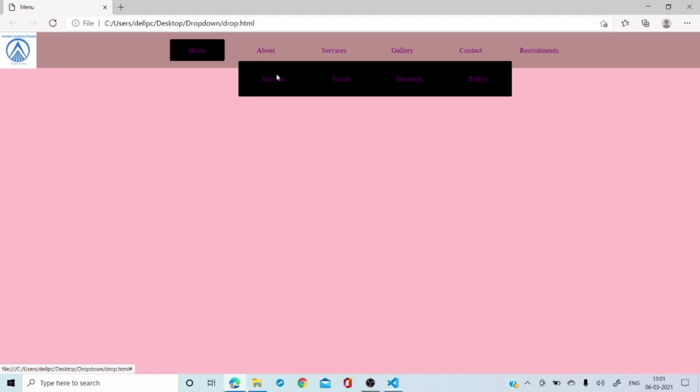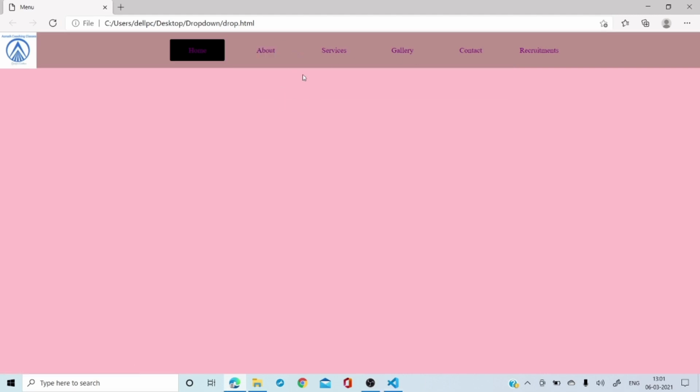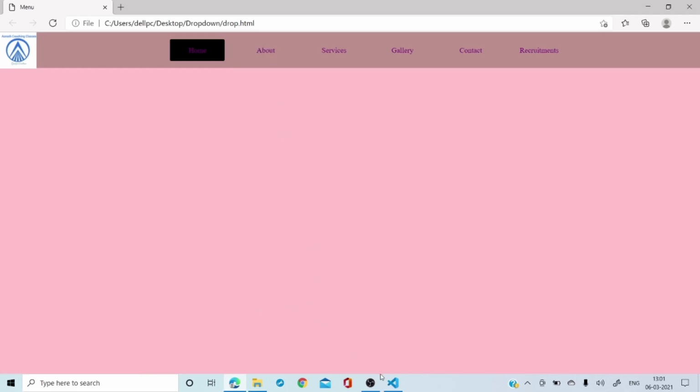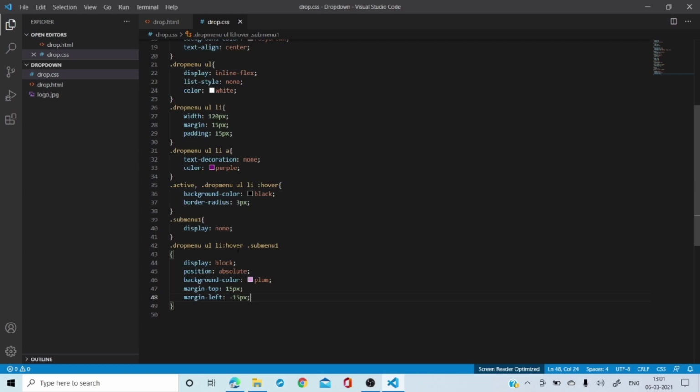Okay, perfect. So let me just show it to you how it looks now. Okay, so see, this is your purple and the plum color and the black one. Why? Because you are writing over here, see, hover submenu. That means when you hover the submenu, all these things should happen. Now, I want to align them vertically. This is the place where you are going to do it, right? So same thing you are going to copy. This thing you have to copy.